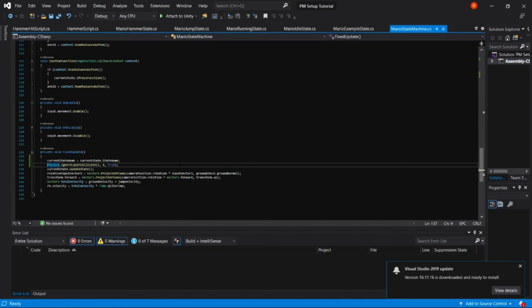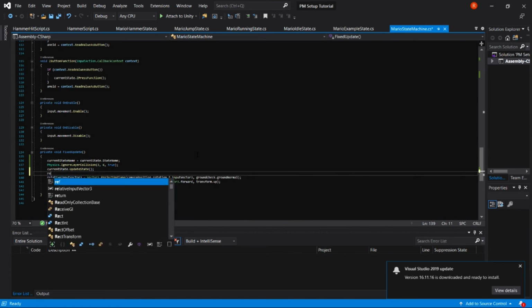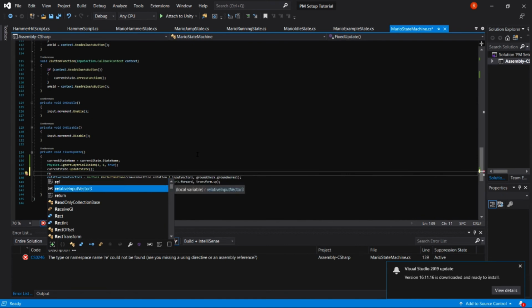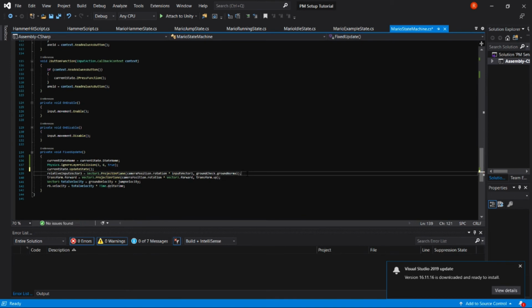So we're going to basically set our input direction game object to follow our stick movement. So if we turn a certain direction, it will rotate with it. So below currentState.UpdateState, I'm going to say relative input Vector3, or I'm sorry, my bad. Below relative input Vector3, we're going to say